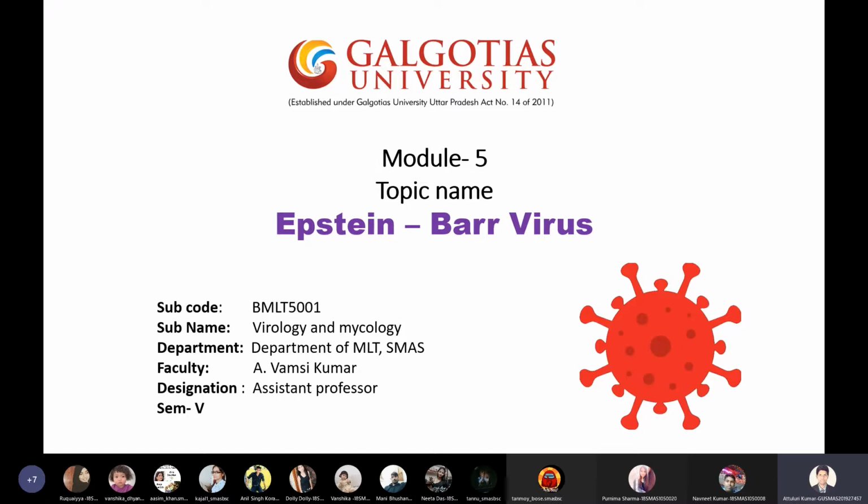So the next virus, students, is Epstein-Barr virus. See, remembering these viruses is very simple. Herpes viruses are very straightforward. All of them are in the herpes family. They have the same morphology, same resistance, and same pathogenesis. All these viruses can cause cancers. These viruses can cause latent infections, and there is no vaccine for them. And all of these will show intranuclear inclusion bodies. Some viruses will show acidic inclusion bodies and some will show basic inclusion bodies, and further we have Cowdry type A and type B inclusion bodies.